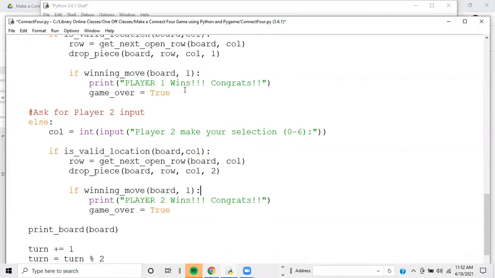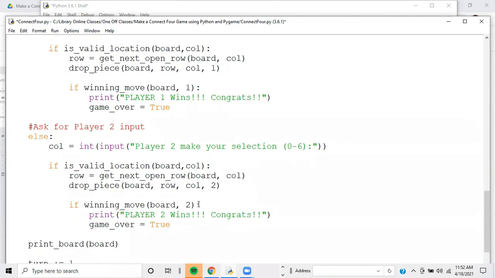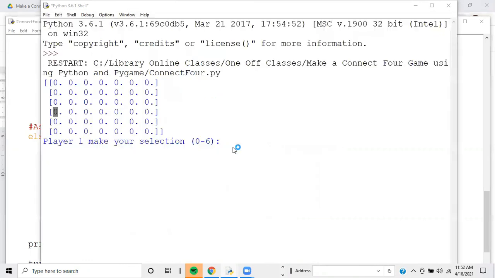And one thing we did have to do in this player number 2 conditional, so we're calling if winning_move, we call the function, we pass the board, and we're passing 2 down here instead of 1. Sorry, I keep dropping my mouse. All right, so let's play this game. Save these changes,